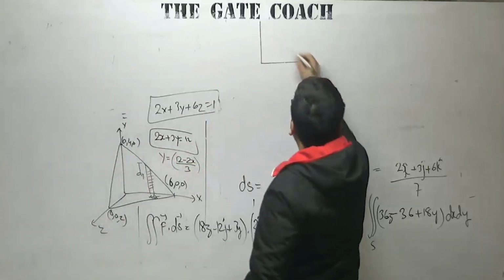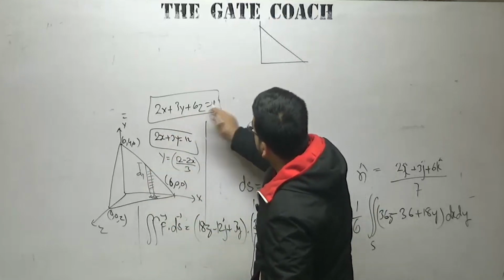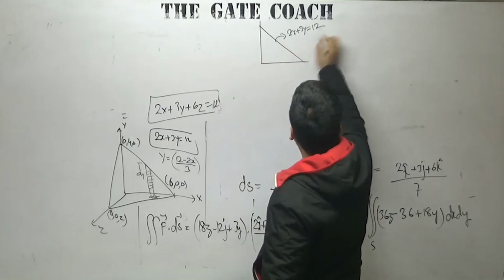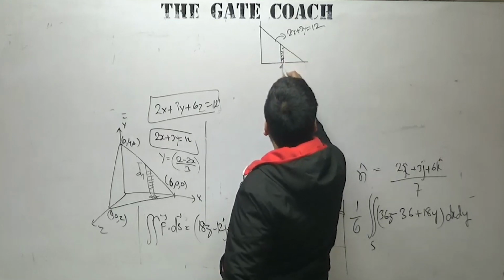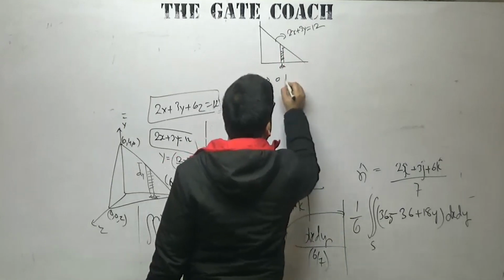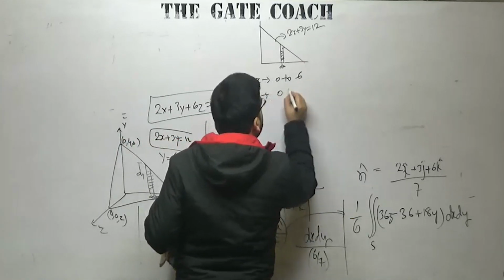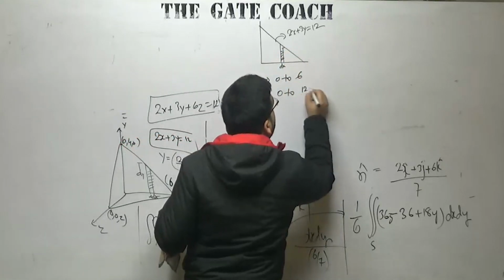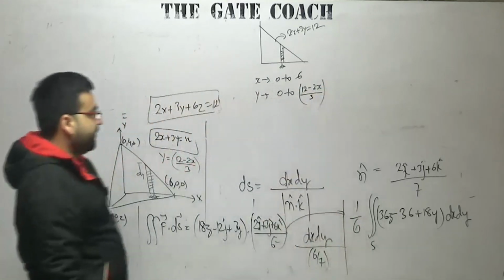So this is the plane which I am talking about. This is a line, and the equation of this line, if you put z equal to 0, is 2x plus 3y is equal to 12. You have taken a very small strip. This is my dx and this is my dy. X is going from 0 to 6, right? This is 6, 0, 0, so 0 to 6. And y is going, in the first octant I am talking about, from 0 to this line. 0 to this line will be equal to 12 minus 2x divided by 3.